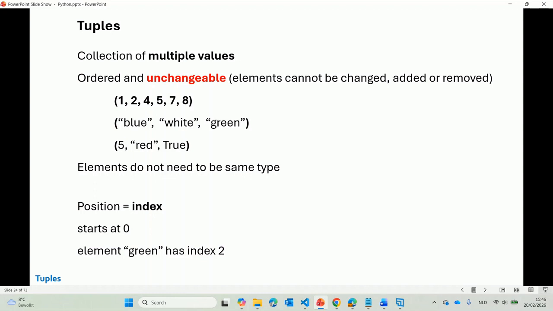Python variables can have many types. You can have strings, integers, floats, booleans. But there's also types that can store multiple values like tuples, lists, and dictionaries. So we're going to start here with tuples, and I'm not going to tell you a lot about them because